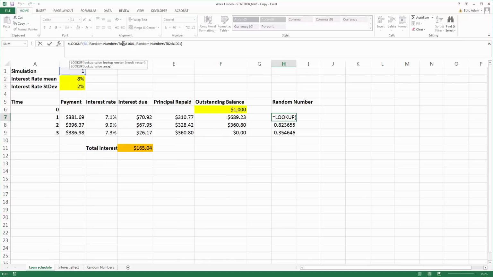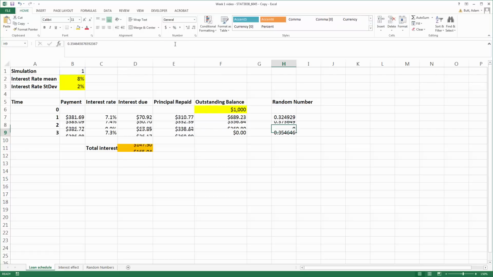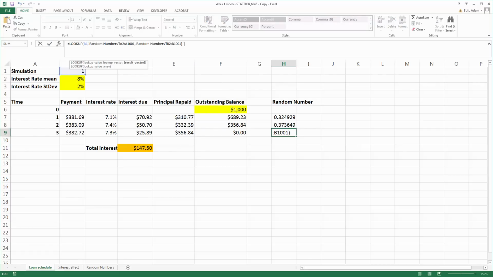Let's put some dollar signs here. In fact, I'm not even going to put dollar signs because I can't really drag this down anyway, because the years go horizontally. So what I might do instead is copy this, this is the text, paste it, and I know all I need to do is change this to column C, and that will give me the second year reference. Then I can change this to column D, and it will give me the third year